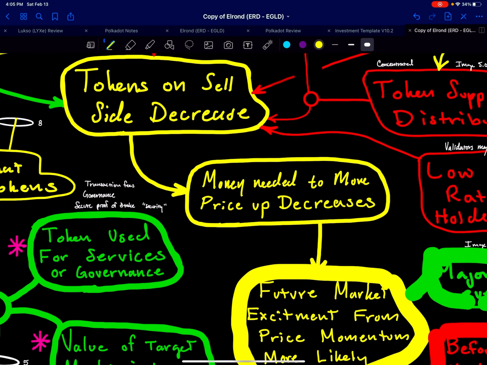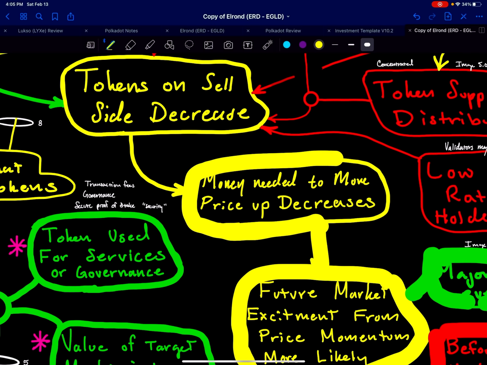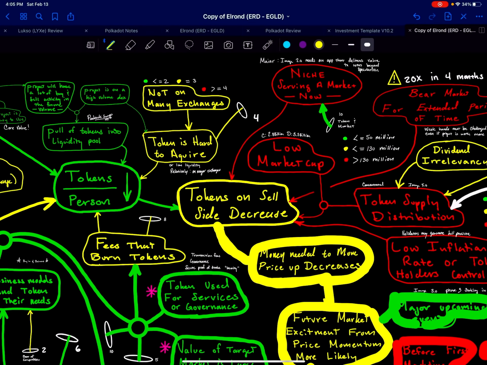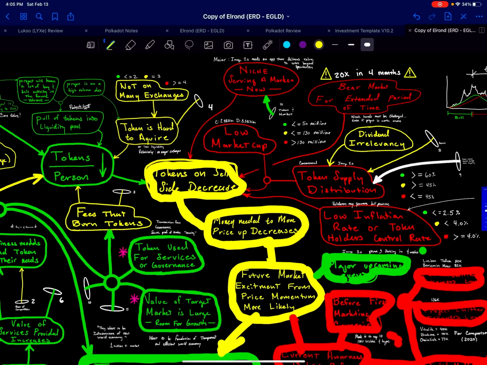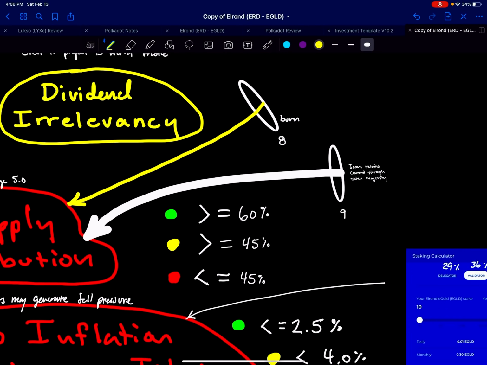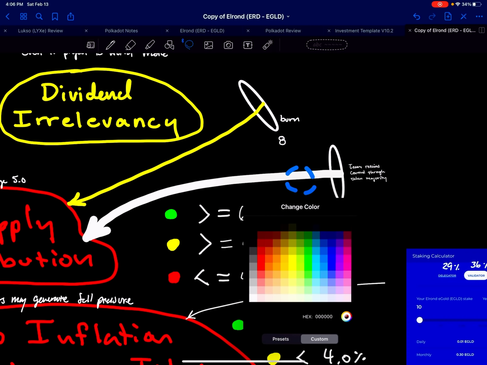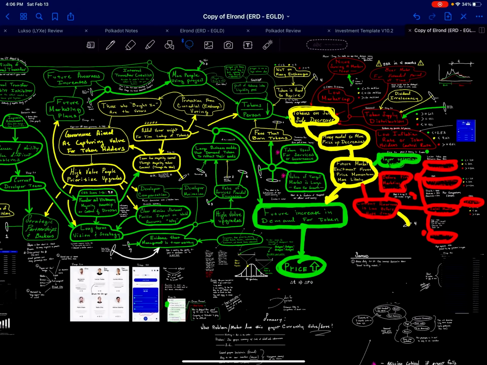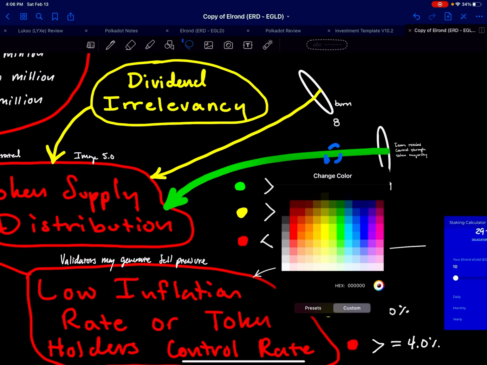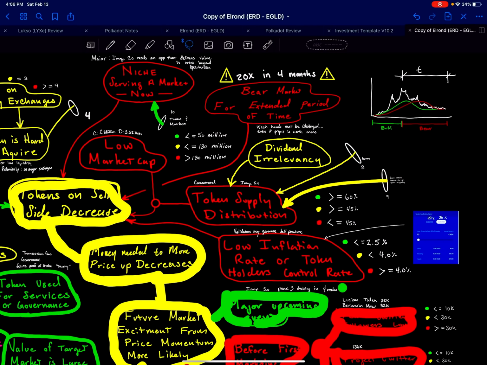Okay, so I'll get back to it. Money needed to move price up decreases. I think there's going to be down pressure against the other cryptos. I do think it's going to perform against the dollar. I'm still bullish in comparison to the dollar. If you're holding dollars, this project's better to hold than dollars. That's my opinion, even though I have all this uncertainty. That's green. Yeah, actually, that was yellow. But that's not irrelevant. Okay, so let me get back to this.